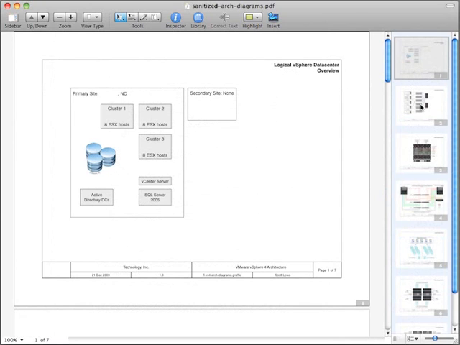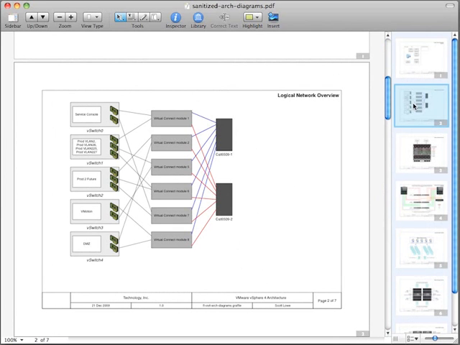So here's the design diagram document. It has a number of pages. There are 7 pages of diagrams here. We can flip through them. A lot of these diagrams were embedded inside the architecture design document. So here's a logical data center overview. Then we have a logical network overview,